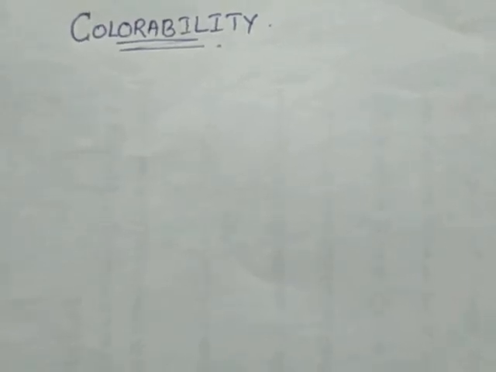Hello everyone. In this video, we are going to study what is colorability. So using colorability, we can color a graph. The main application of colorability is we can see while coloring the maps. While coloring the maps, we have noticed that no two adjacent areas are colored in the same colors. So to differentiate the areas, each area is colored in different colors. That can be done using proper coloring.